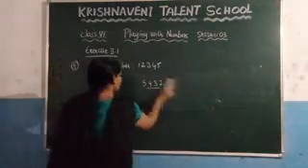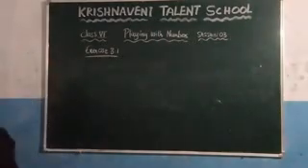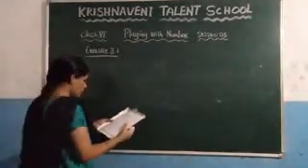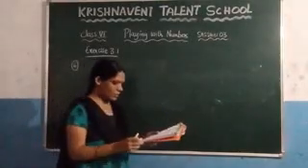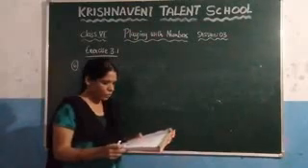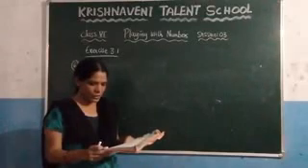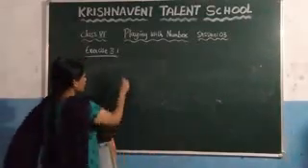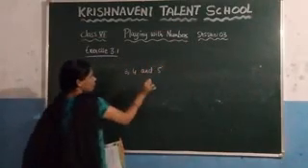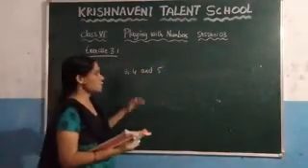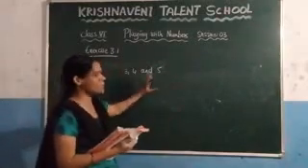Now we are going to discuss the next problem. Here, what is the sixth question? This question I will explain, and you can do it as homework. This one is similar to the fourth question. What does this question say? Write different two-digit numbers using the digits 3, 4, 5. They have given 3 digits and they asked to write different two-digit numbers. You need to write only two-digit numbers by using these digits.